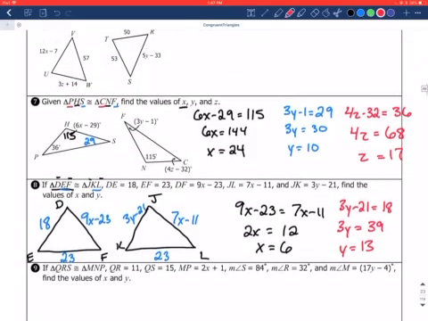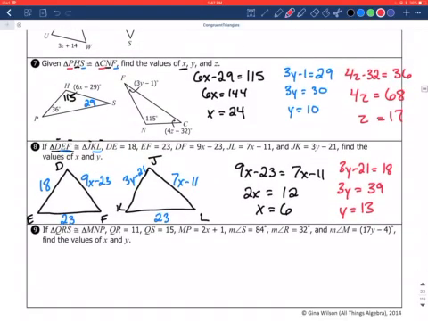So there are congruent triangles. You don't have to worry about the other two. You can move on to the homework. And if you got any questions,